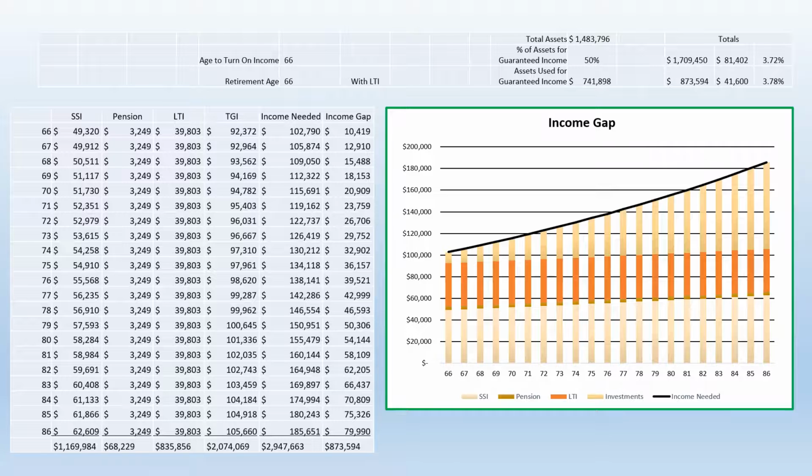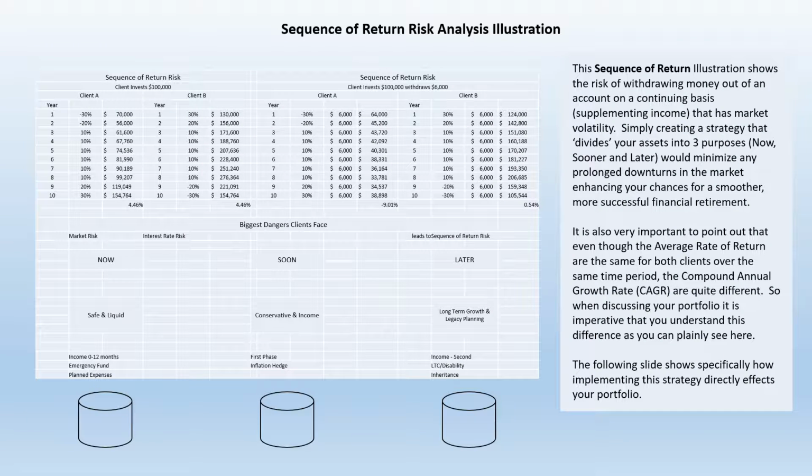When you don't have to rely on the growth of your investments, then you can lower the amount of risk in your portfolio. Less risk means lower volatility, so any market corrections will have less of an impact on the success of your retirement. Sequence of return risk analysis illustration shows a 3-bank system that is normally run in most